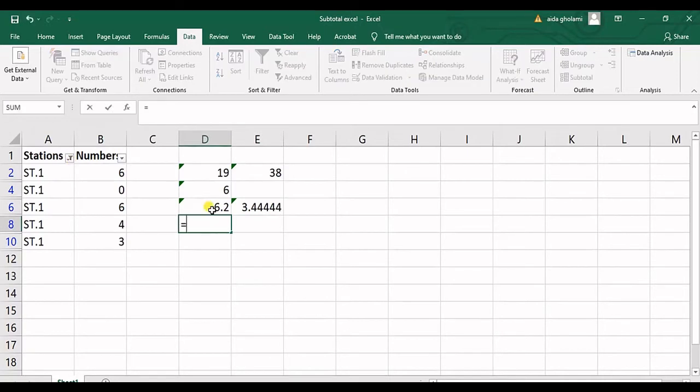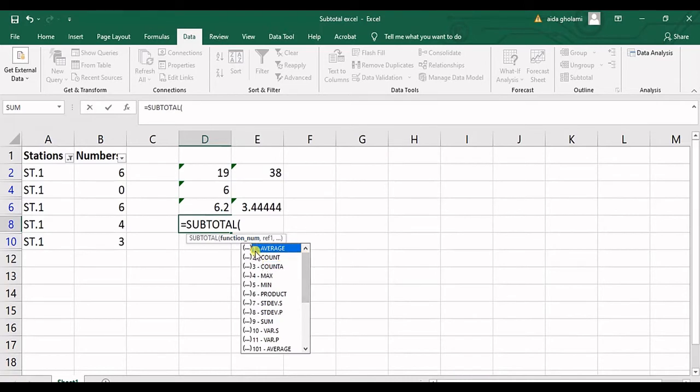There are some little tips in here. You could see, probably when I was using the function, that I have functions from 1 to 11, and then it starts from 101 to 111. So what are these functions actually repeating? That's because the functions from 1 to 11 behave differently when you filter out your rows manually,